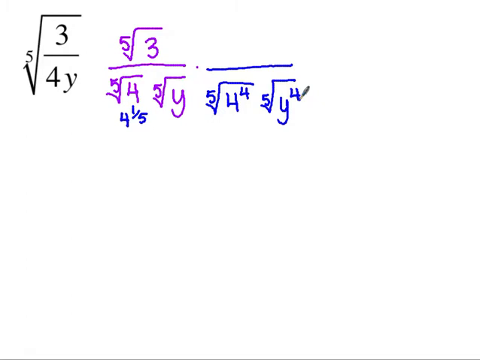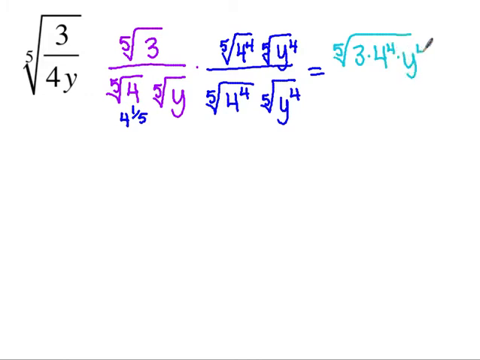Now, is it always going to be 1 less than the denominator? Yeah, it actually is if you start with the 5th root, or the 6th root or the 7th root, it's always going to be 1 less. So on the top, I've got multiply by the same thing. Okay. So now we're just going to combine things and we should be good to go. So on the top, I've got the 5th root of, somebody tell me what I'm going to have inside? 3. What else? 4 to the 4th, yep. What else? Y to the 4th, good. What am I going to have on the bottom? 4y, perfect, nice job. Final thing I need to do is